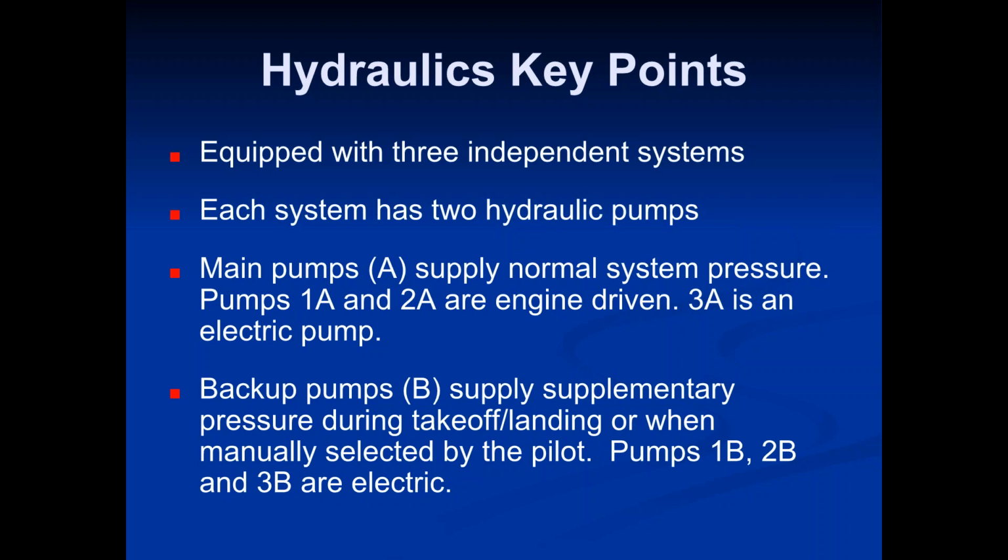Okay, the backup pumps are really just used in the event that the primary 1A, 2A, or 3A pumps stop working. Okay, and then you kick over to the backup pumps. So you're seeing the redundancy. Not only do we have System 1, System 2, and System 3, so we got 3 hydraulic systems, all of which can fly that plane, but you also have several pumps within those systems that are redundant to each other. So a lot has to go wrong in order to not have a functioning hydraulic system and or pump. Okay,